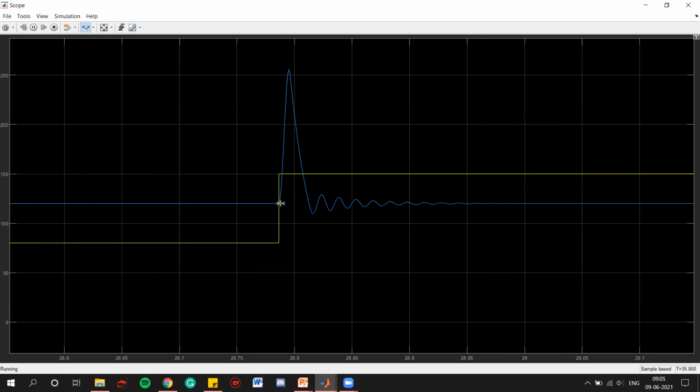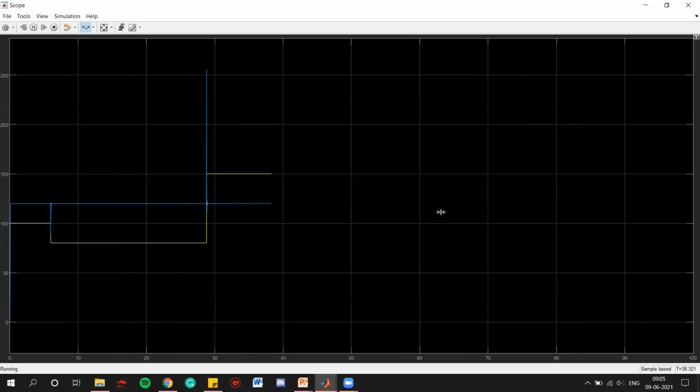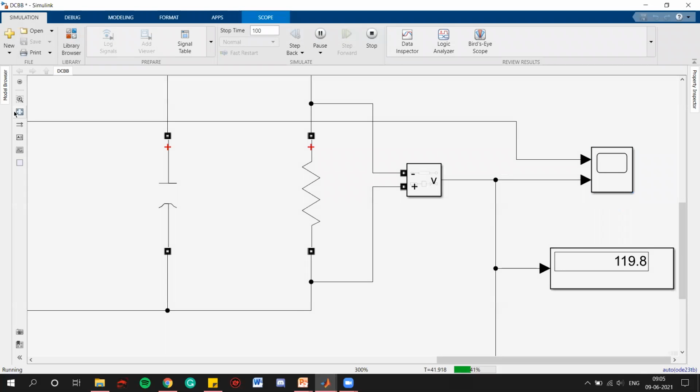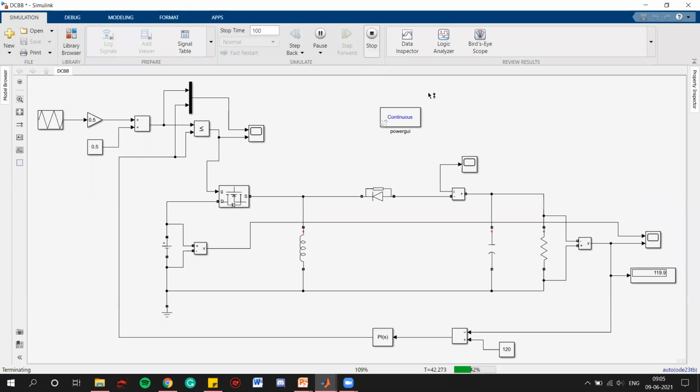According to it, this PID controller will get unstable for a few microseconds, and then it will be stable at 120 volts, right? So here we can see that our output is remaining constant even if our input changes, right? So this is the closed loop simulation of a DC to DC buck boost converter for electric vehicle application as well